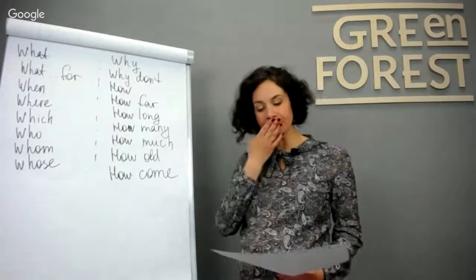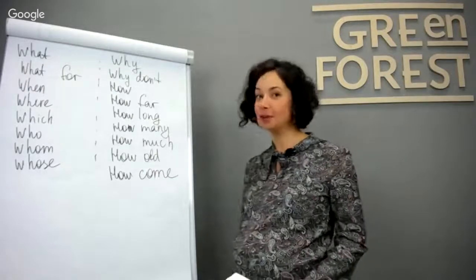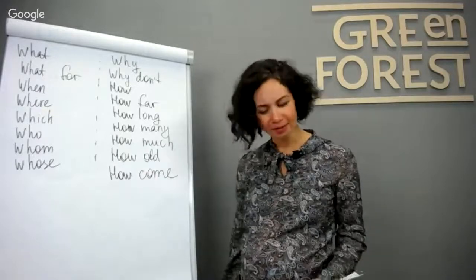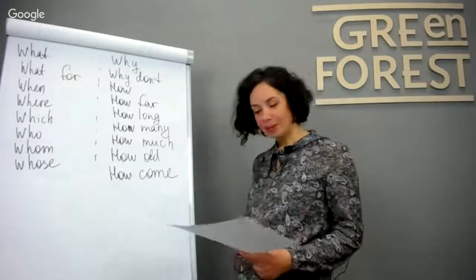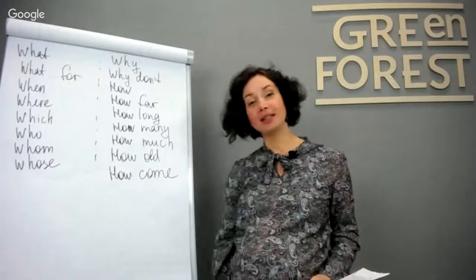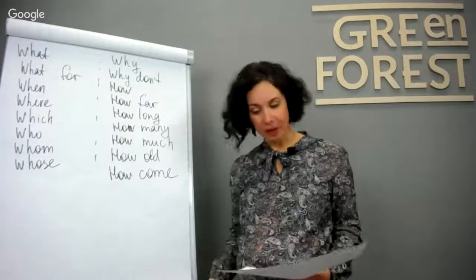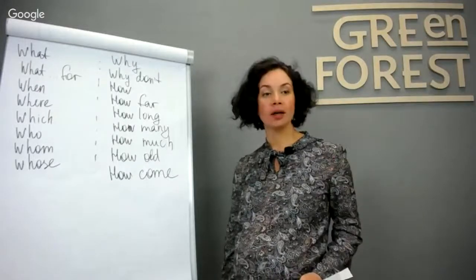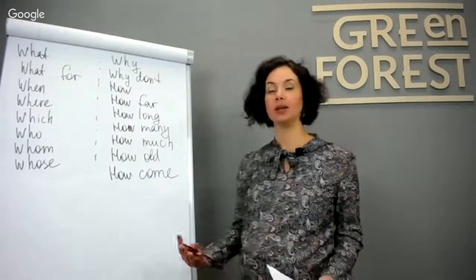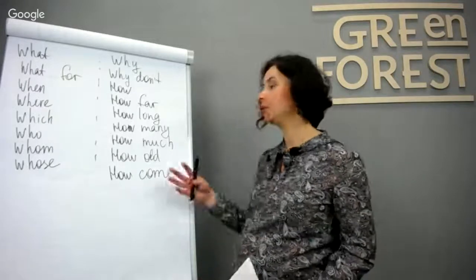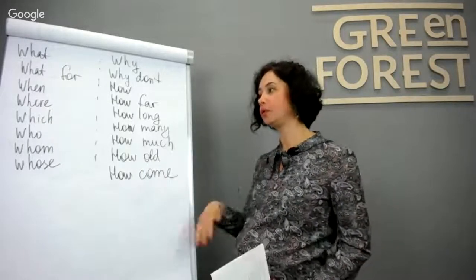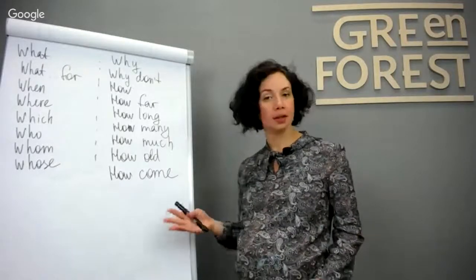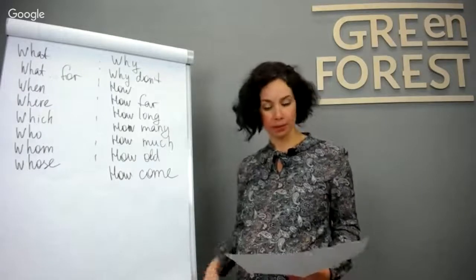What also can be used when we haven't heard what the person said, and we say, what? What did you say? Like that. What for? We ask for reason. We're asking why. For example, what did you do that for? Or what did you buy it for? That means why did you buy it? So we can use what did you do it for, and we use the preposition for at the end of the question. Or why did you do it? It's the same, let's say.